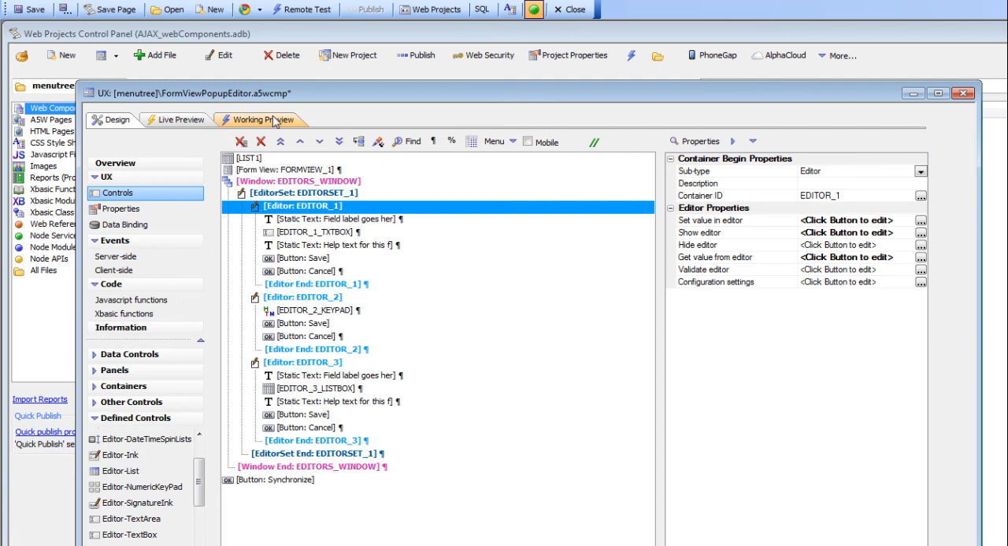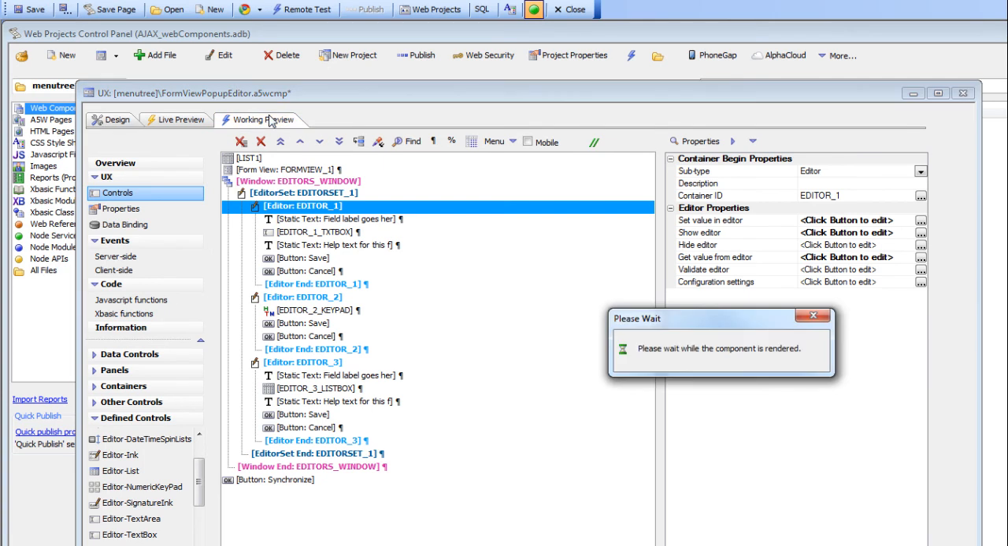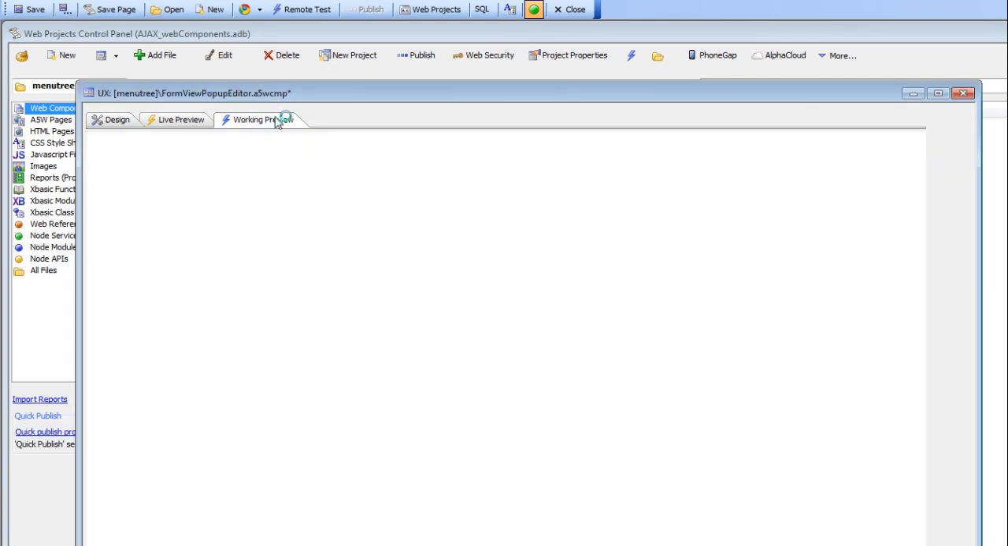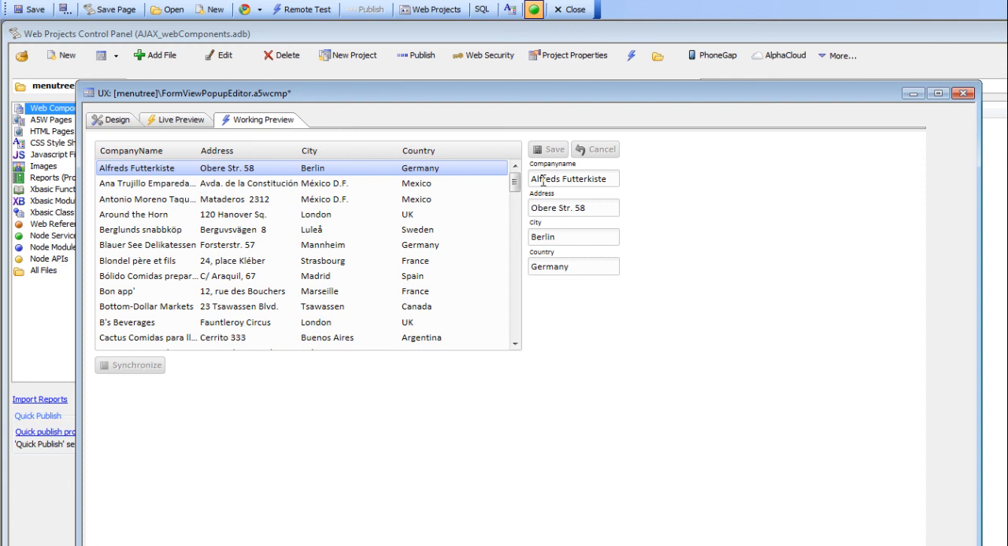So if we go back now and we run this, we can see that since I'm clicking on the company name field, the drop-down window opens relative to the company name field. But here I'm clicking on the address field, and you can see that the window opens up relative to the address field. If I just go over there, you can see that the window opens up. So in this particular pattern over here, the editors